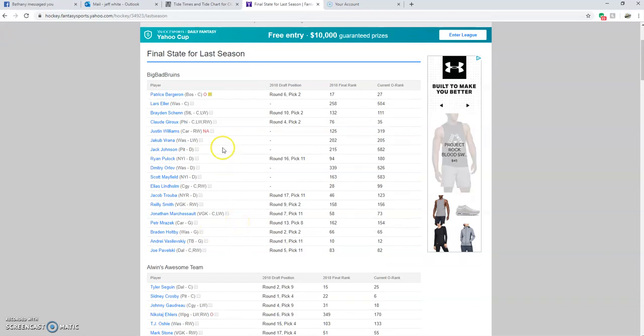This might not be who I keep, but Bergeron, round 6. I got him in round 6, which is pretty good for Bergeron. I was really surprised I got him at that. He had a really solid year last year, so he could very easily be one of my